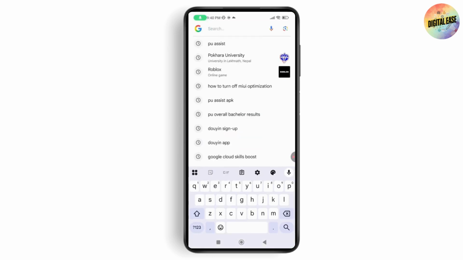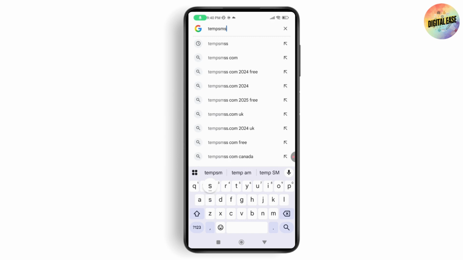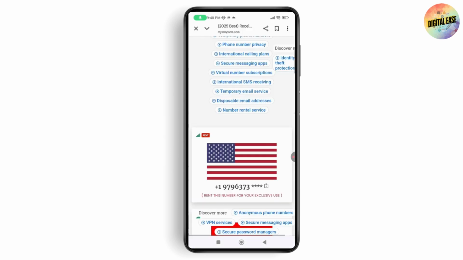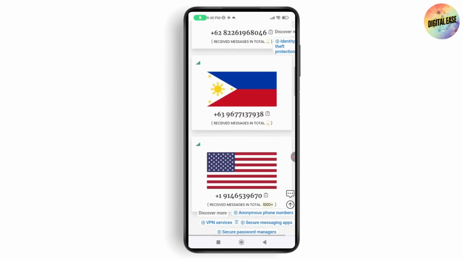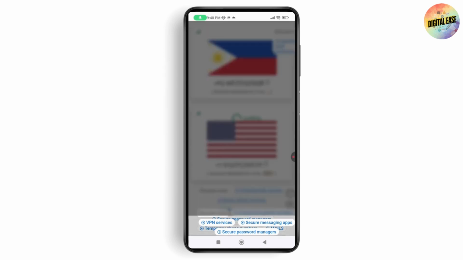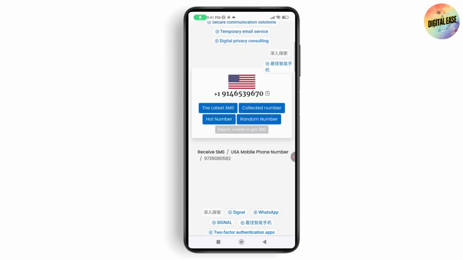After that, go to your Google or your browser and search for temp SMS. After that, just scroll down and select a country, any country that you're comfortable with, and then go and copy the phone number. Once you've copied the phone number, you need to paste it on your Instagram create page, and